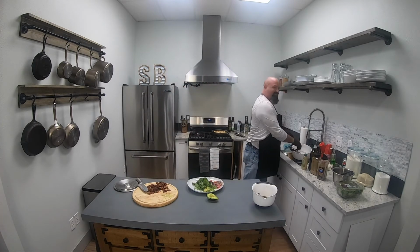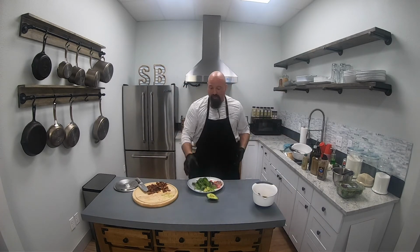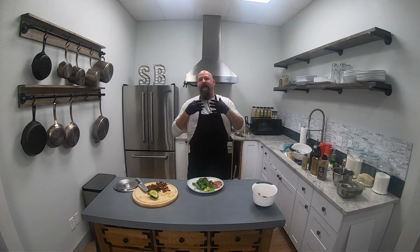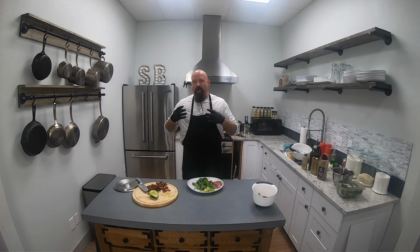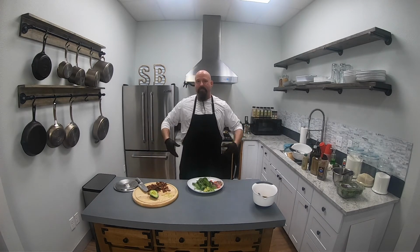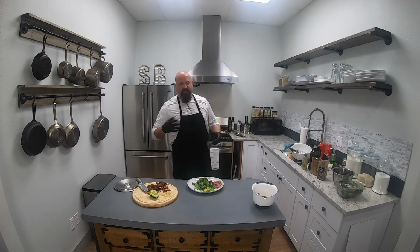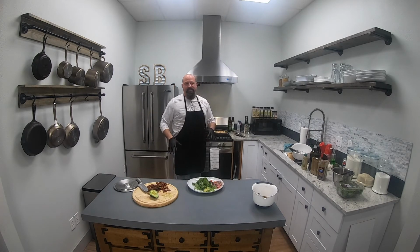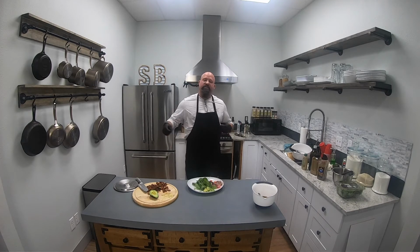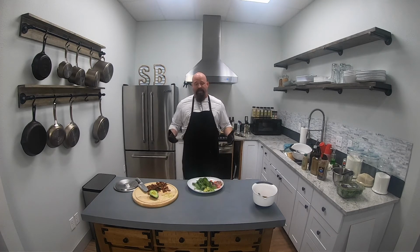It is fun to eat healthy. Now, if you include your whole family in this process, you get your kids in there making stuff with you, not only do they go, I love it because they were a part of it, but it's cool, fun family bonding time. It takes me back to when I used to cook with my mom in the kitchen. People always say, hey Earl, how'd you learn how to cook? I give the credit to my mom. She instilled it, she included me in the kitchen when we were cooking, and all the way down to something like this,